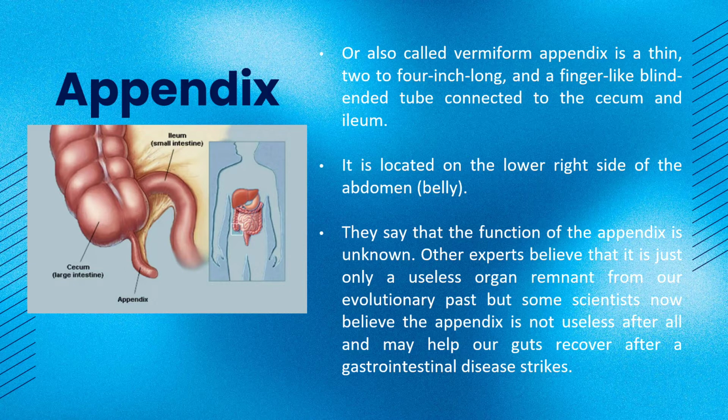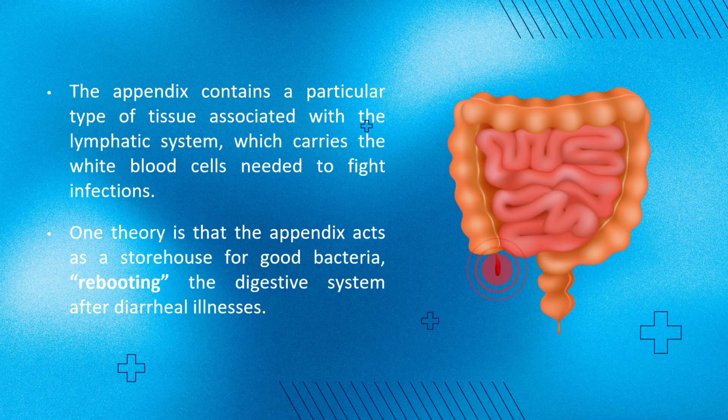Other experts believe that it is just a useless organ remnant from our evolutionary past, but some scientists now believe the appendix is not useless after all, and it may help our guts recover after a gastrointestinal disease strikes. The appendix contains a particular type of tissue associated with the lymphatic system, which carries the white blood cells needed to fight infections. One theory is that the appendix acts as a storehouse for good bacteria for rebooting the digestive